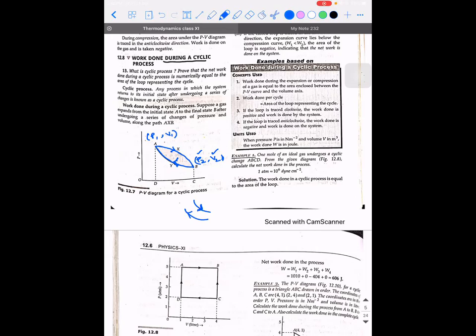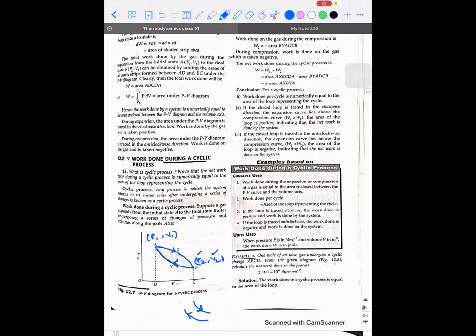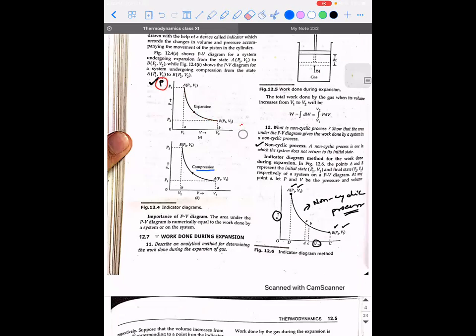Can you teach it again, sir? Could you repeat? Okay. See, if you look at an indicator diagram, especially if I have to speak about expansion or compression, then what is the variable that is going to tell us whether a system is expanding or getting compressed? Out of the pressure, volume, and temperature, which is the parameter to define the process of expansion and compression? Volume, sir. It is volume, right? So here, if you observe, the graph is between pressure and volume. I hope that point is clear.